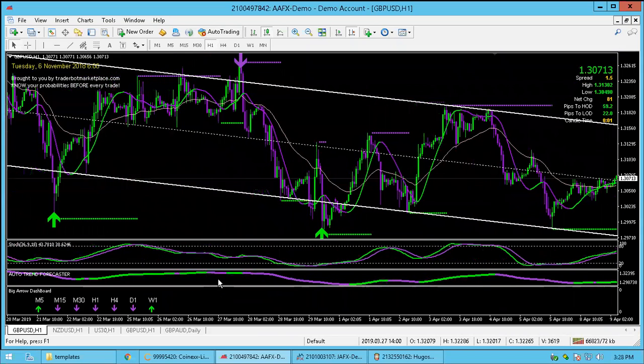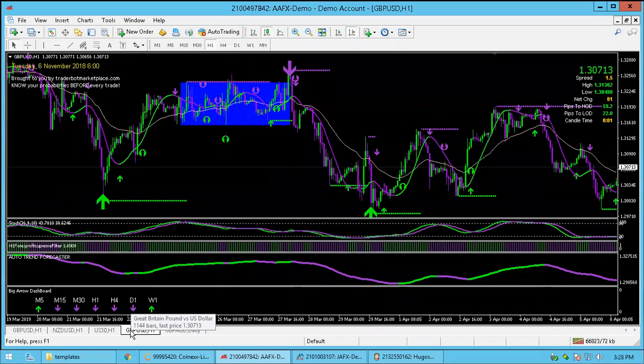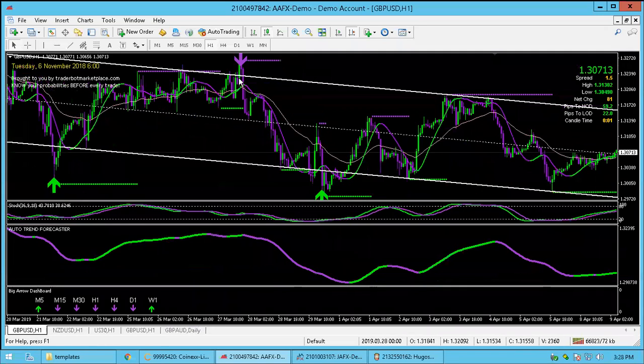But I was just trusting too much on that auto trend forecaster. Well, no, I was trusting too much on this, and I don't think it really lines up very well. So sticking with what I'm working on, this is what I would do. And you can tell, when that buy sell line is in agreement with that, I would make my stop loss, my take profit slightly bigger. Without that,